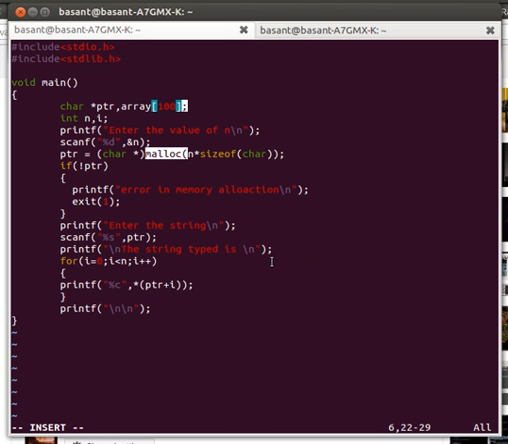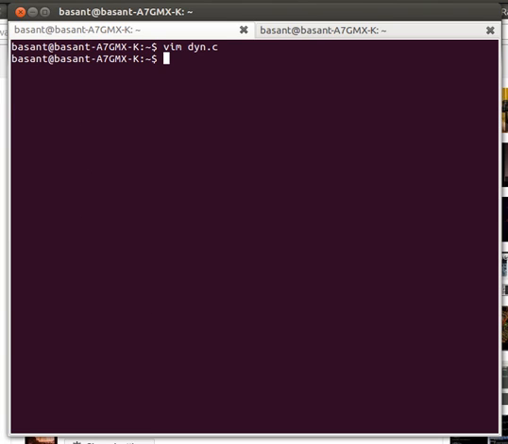So let's go ahead and see how this program works. Now I need to compile this program, gcc dyn.c. Now I need to run it, ./a.out. Now I need to enter a value of n. Suppose I enter 8, I type computer,